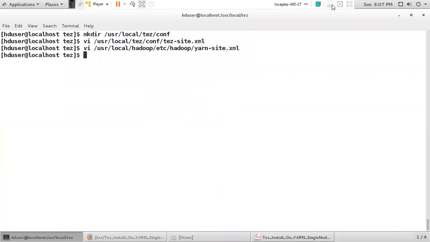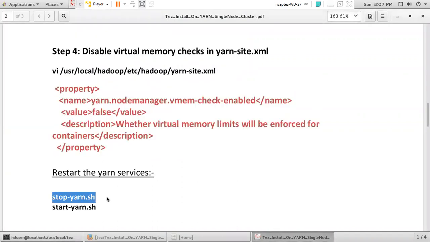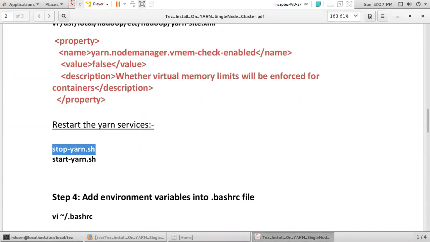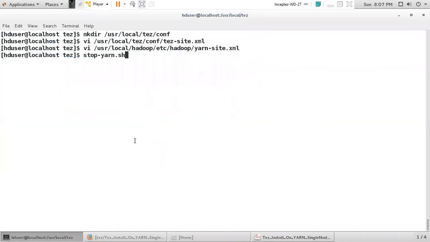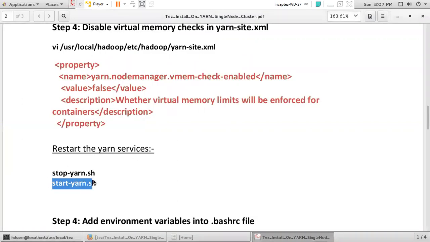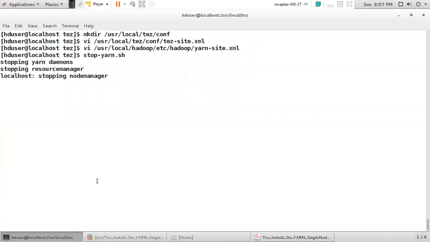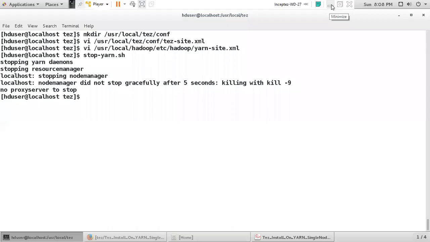That's it. We are almost done with all the configurations. Next, we want to restart the yarn services, the resource manager and node manager, because we have changed the yarn-site.xml file. We have to stop the yarn services and then start them. Execute stop-yarn.sh. Okay, now the yarn services got stopped.